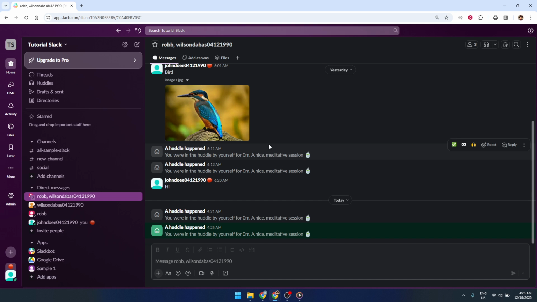That's all there is to it. First, find the huddle in the channel or DM where it's happening, and then use the Leave button in the huddle interface to disconnect. With this simple process, you can join and exit huddles confidently whenever you need